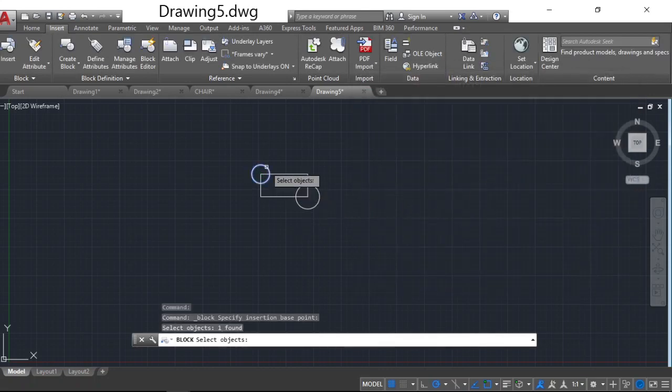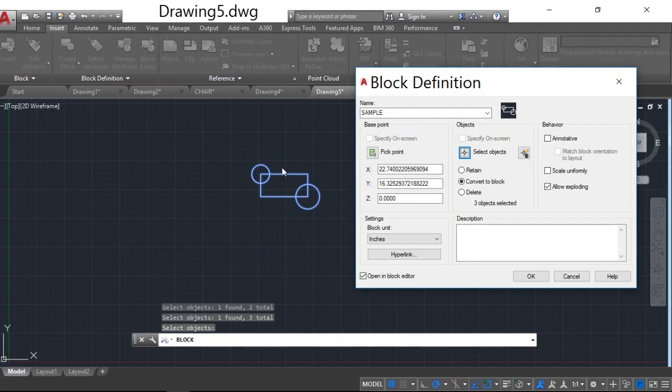I am choosing the first circle, the rectangle and the third circle. So I have selected a total of 3 objects and hit the Enter key. Then you can observe here that 3 objects are selected.